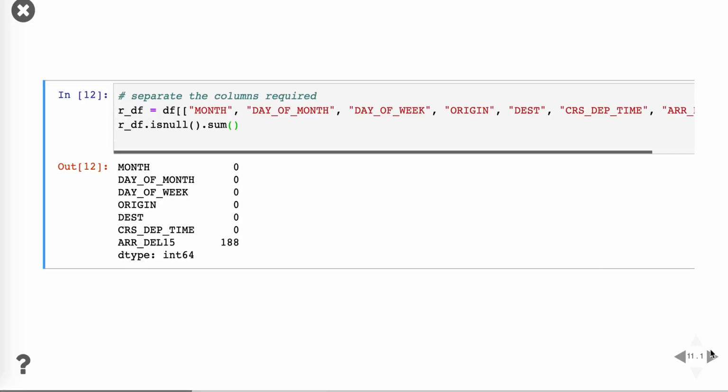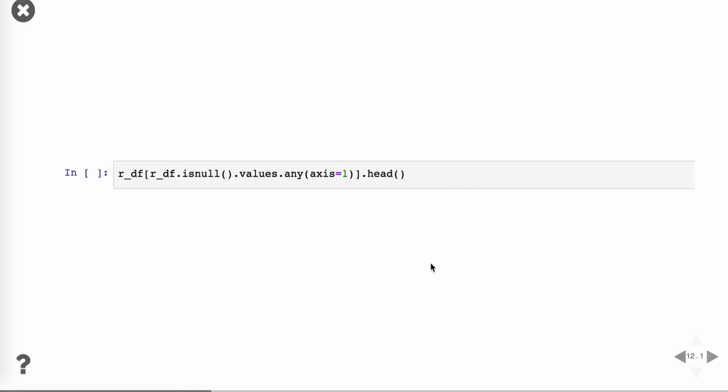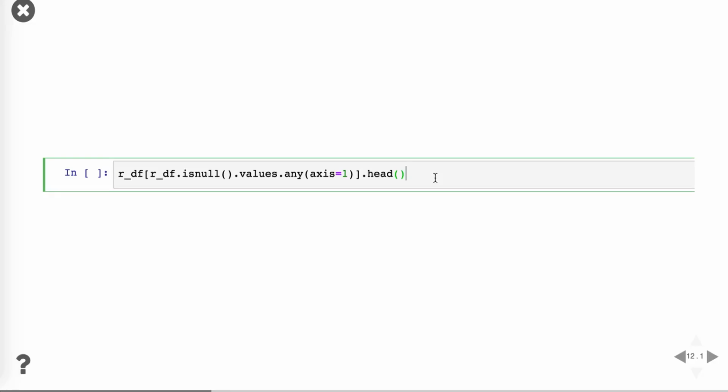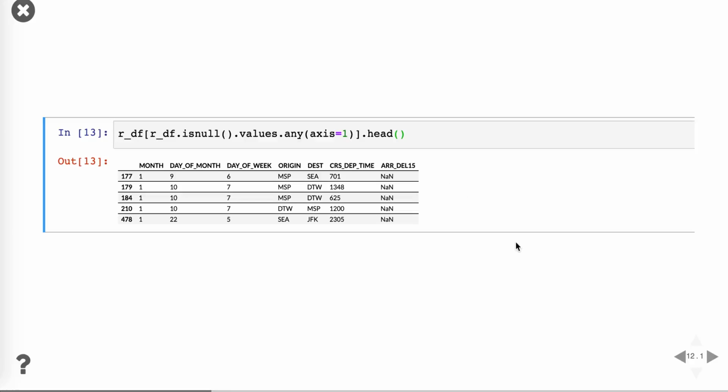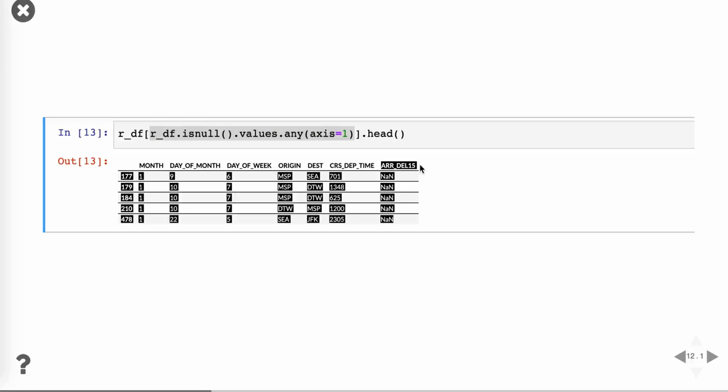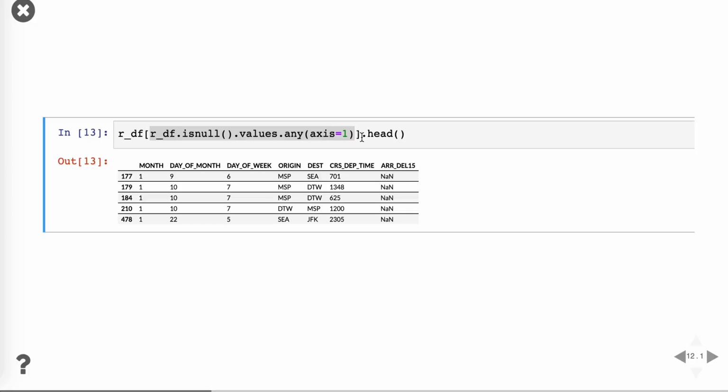Now you see here, let me run this command and show you. If you see this here, we have already known this arrival delay 15 has some null values. So I have just written this condition to pull out only those rows wherever the arrival delay is null, those rows I want to display.